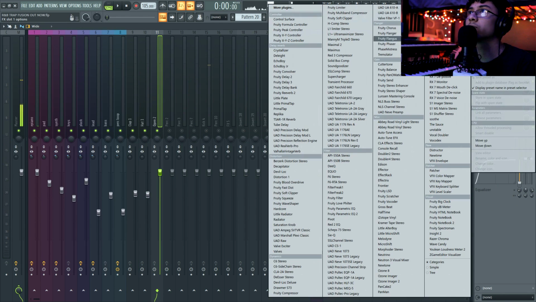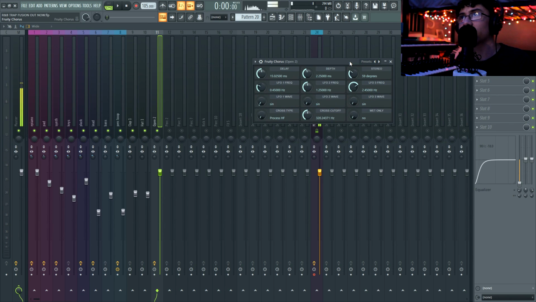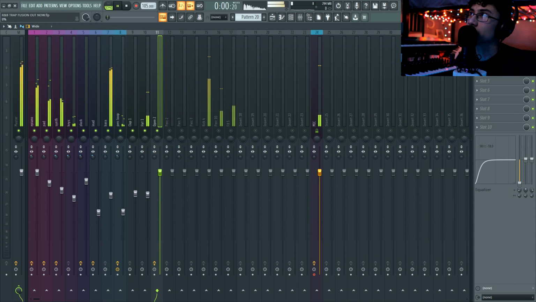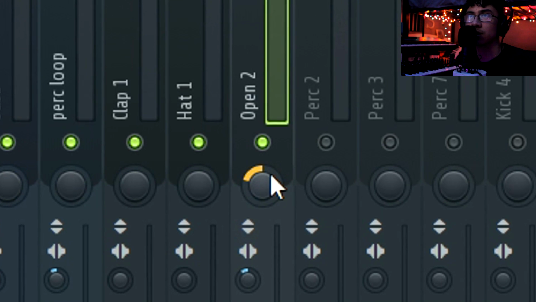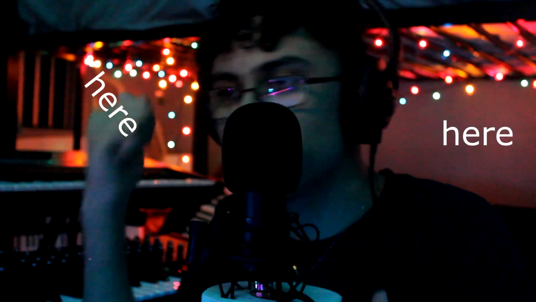Let's add fruity chorus to it. Always try to make your sounds more interesting, but like the percussion open hi-hat type sounds. Don't be putting fruity chorus on your kick, or I'm probably gonna go hunt you down. Let's pan it to our left ear and drop it down. Stereo imaging, very important. So we'll have like an open hi-hat panning over here, some percussion here, some percussion here,